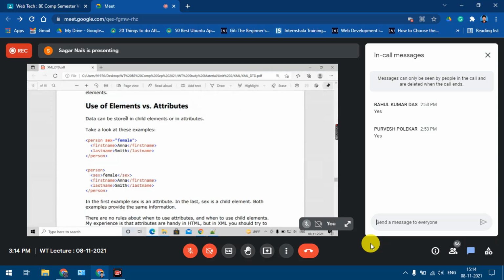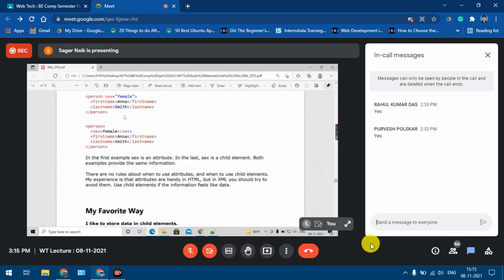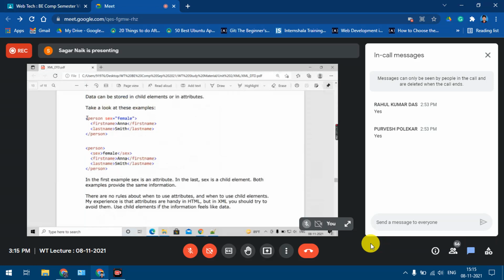Same example we had seen in the beginning of XML, whether to use elements or attributes. If you look at this example, person is an element, first name, last name, and then sex is an attribute. And in this example, the sex is considered as an element. Both these files are giving the same information. Only thing is, here the sex is an attribute, there the sex is an element.